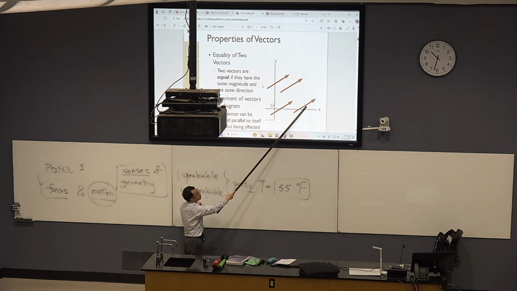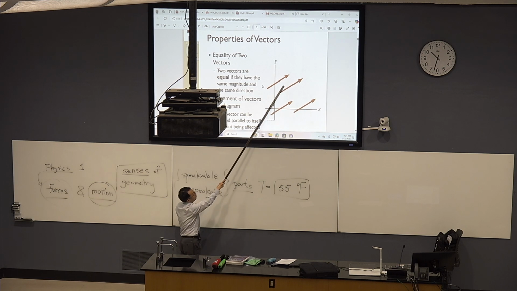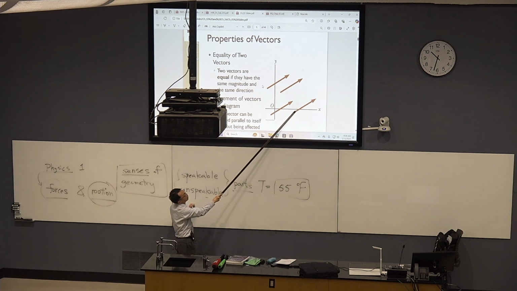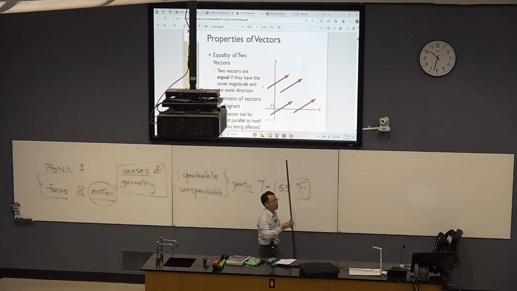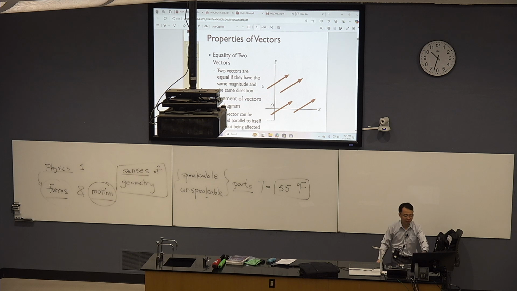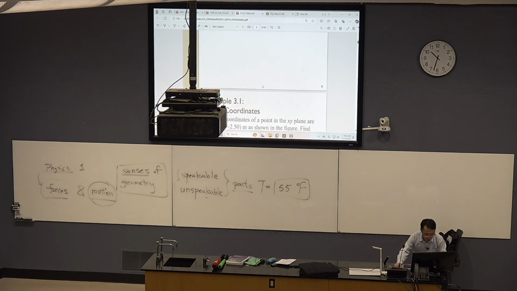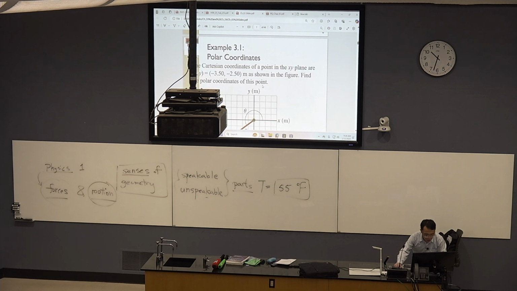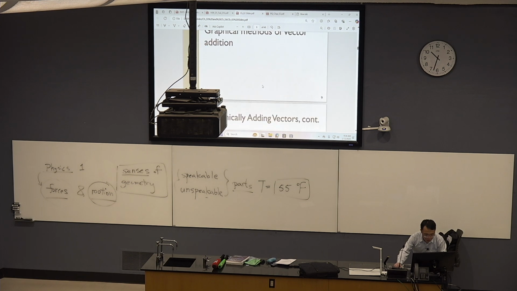So that means a vector has a unique representation, but actually all these four things are the same vector, right? As long as the magnitude and direction are both preserved. So now let's move on. Okay, so now we move on to other things.